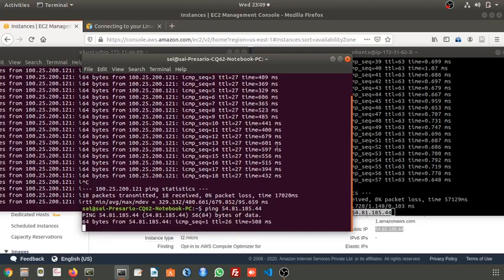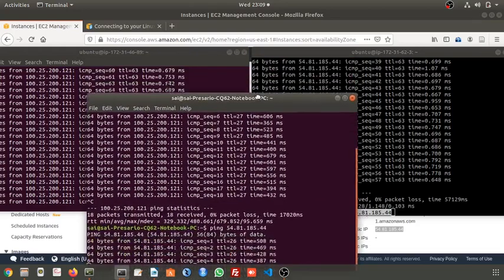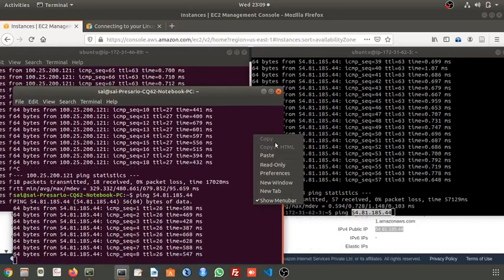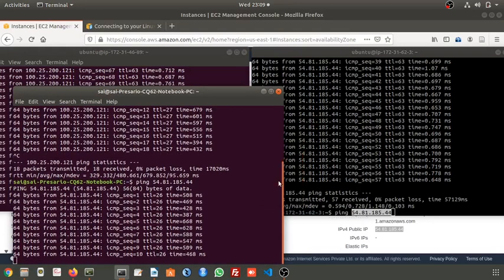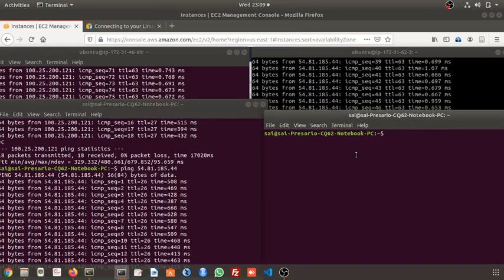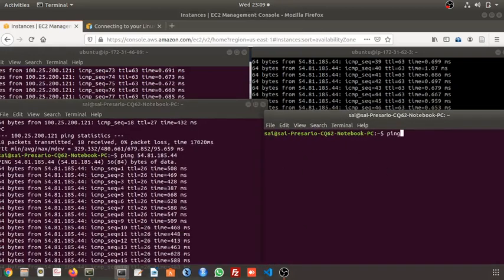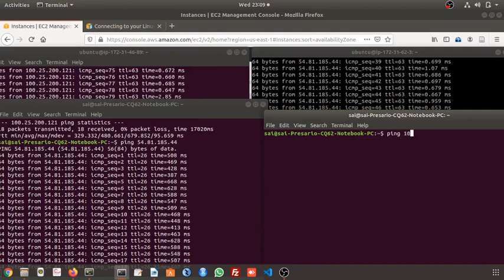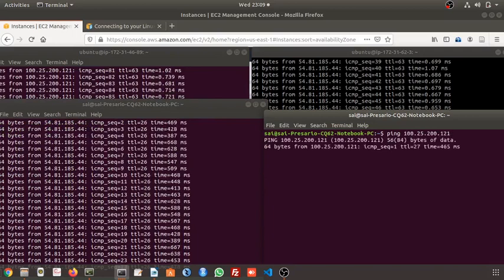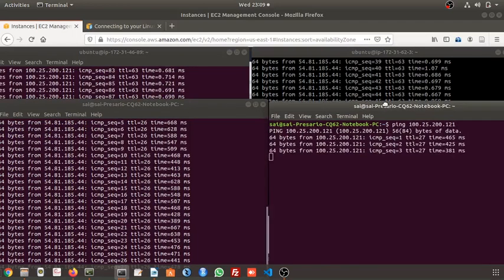Right, now all are communicating. Let me open one more new window. Now this is my local again. I will write this ping 100.25.200. Now all of them are communicating.